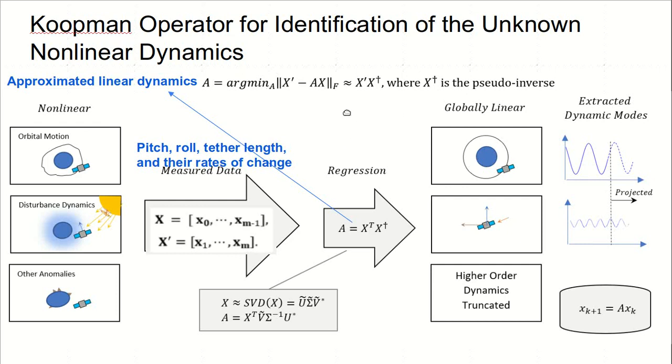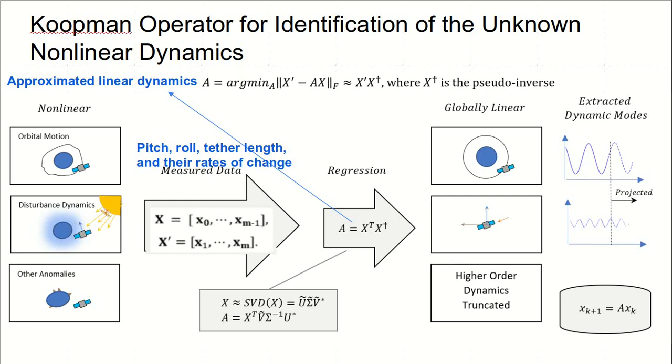Now, once we obtain this linearized approximation to the nonlinear dynamics, which is captured by matrix A, then we can use a plethora of tools from the model-based techniques such as adaptive control or model predictive controllers in order to control the subsatellite